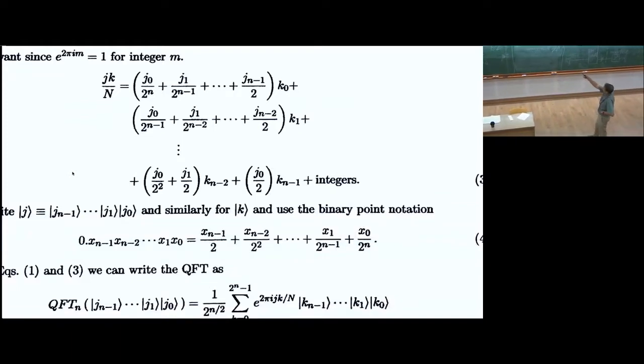So if we just take the terms involving k0 here, we have j0 over 2 to the n plus j1 over 2 to the n minus 1, and so on. Everything comes in, actually, times j of n minus 1 over 2 times k0. But when we go to k1, which is already multiplied by 2, the j0 term is only 2 to the n minus 1. And then j1 is 2 to the n minus 2. And then when we get to j n minus 2, that's divided by 2. And the term with j n minus 1 wouldn't be divided by anything, and that would give an integer, which I'm going to drop. So there's one less term in the second line. And then when we go down to the next to the last term, k of n minus 2,